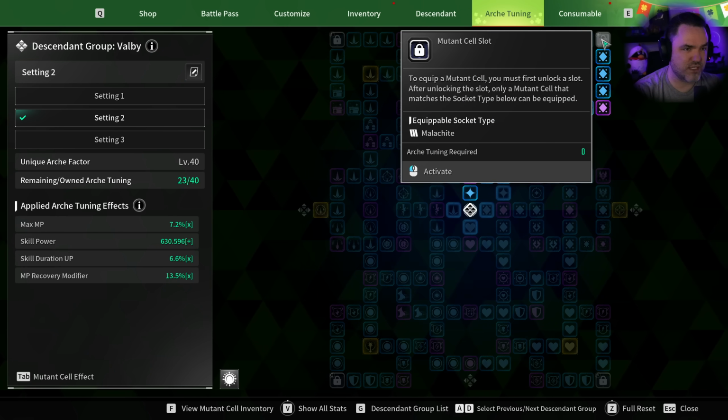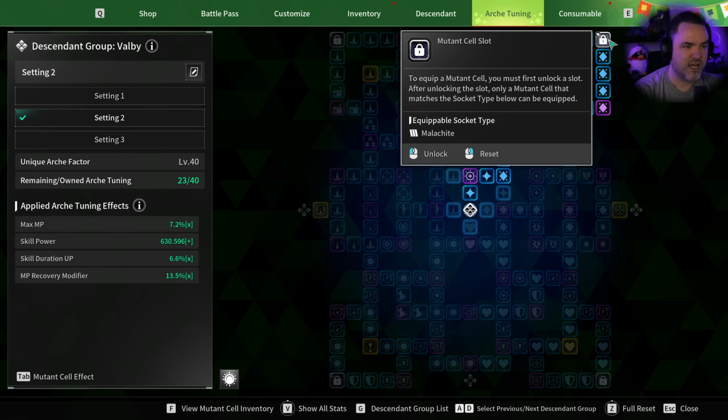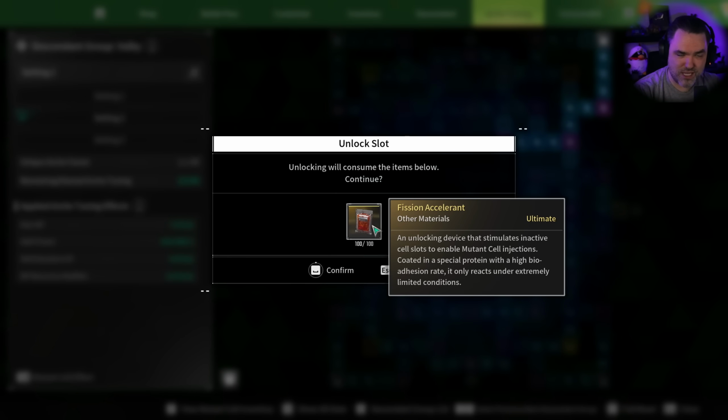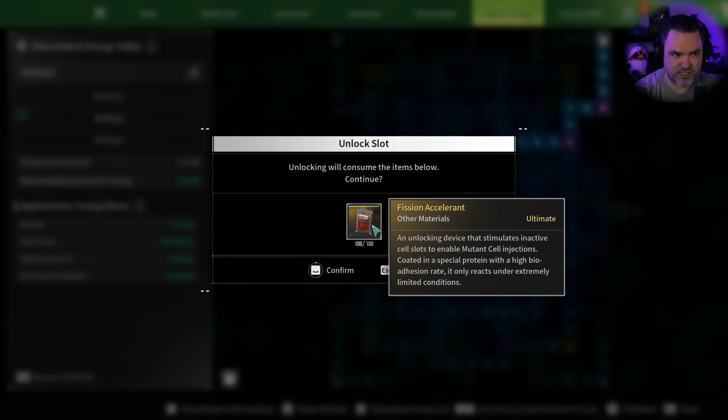So right here, you can see if I get all the way up here, I can activate this. And then what you'll be able to do is click on it and unlock it. In order to unlock it, you need the new materials from Sigma Sector. So 3 new things drop from Sigma Sector as of now that you will need in order to interact with